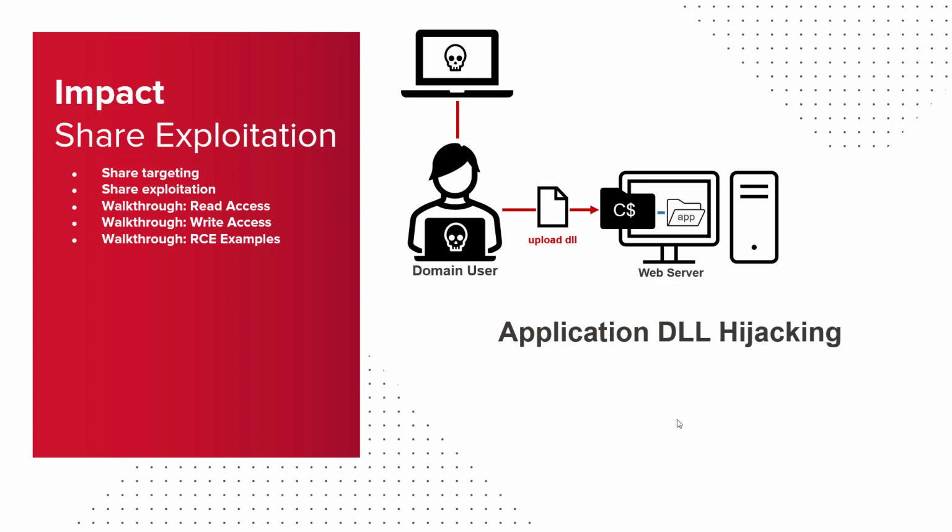So when an application loads in Windows, it will load a number of different DLL files, and those DLL files have a bunch of code in them so that the application can function as it needs to. What attackers can do is they can either replace those DLLs or put the DLL in a place on the disk where it's going to get loaded first, right? So they can kind of hijack the application's execution, and now they can arbitrarily run commands on that server or that system